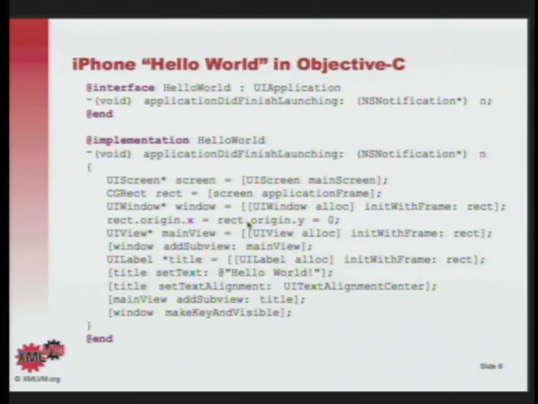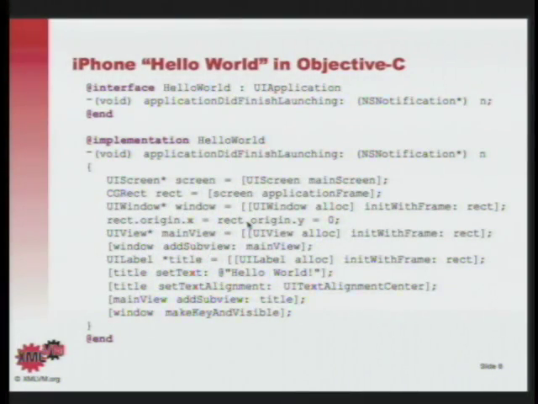Now, if you look at the rest of this program, I think you can probably make sense of it rather quickly if you have done, for example, some Swing programming. The class UIWindow that is being used a little bit down corresponds to a JFrame. UIView you might take an analogy to a JPanel. UILabel then again corresponds to something like a JLabel in Swing. So with that, I think you can probably understand what is happening here.